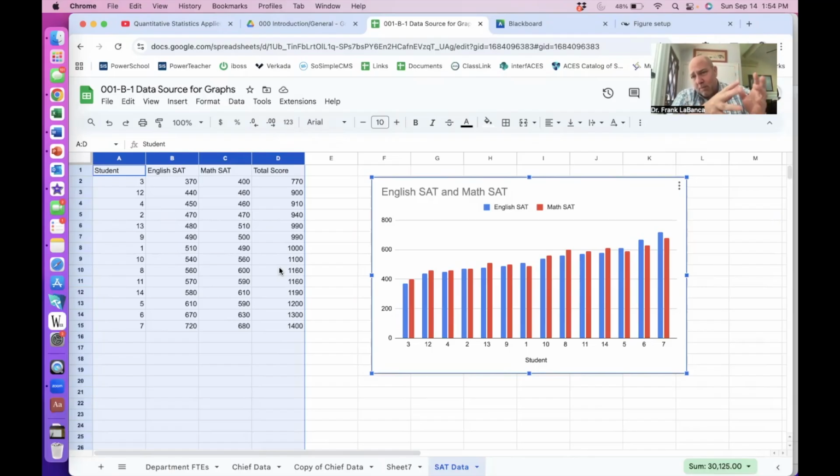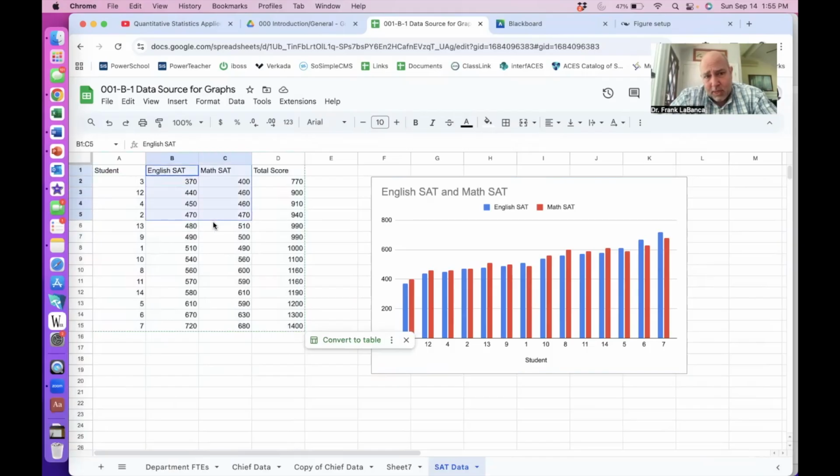So the tables report information, and the graphs need to be able to summarize it in some way that is not intuitively obvious from the table. So I thought about this one and I said, well, maybe there's a relationship between the English SAT and the math SAT score of an individual person. And maybe we can graph that. So let's try that. In this case, I don't want all the data for the graph that I'm going to make now. I'm going to just do the English versus the math